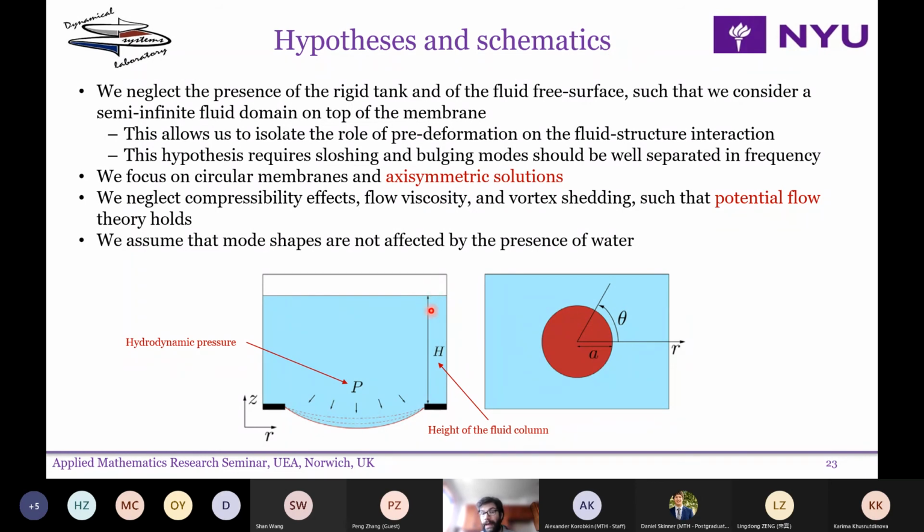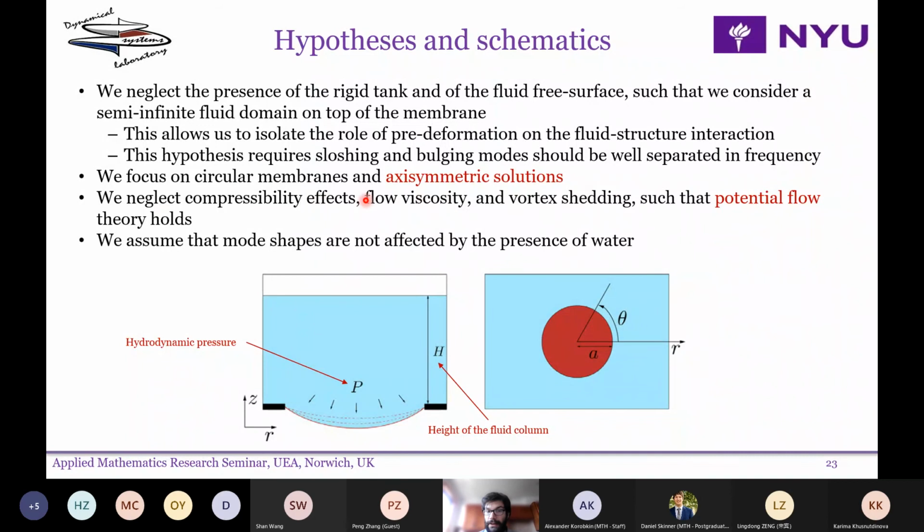And then it also helps us because since we have a semi-infinite fluid domain on top, it's easier to find an analytical solution. This hypothesis, though, requires that the sloshing and bulging modes of the structure are well separated in frequency, and that requires basically that the height of the fluid column and the distance from the walls is large enough. Following the experiments, we focus on circular membranes so that we try to find